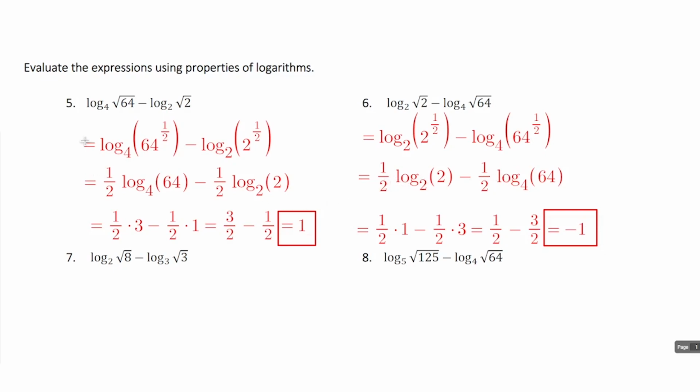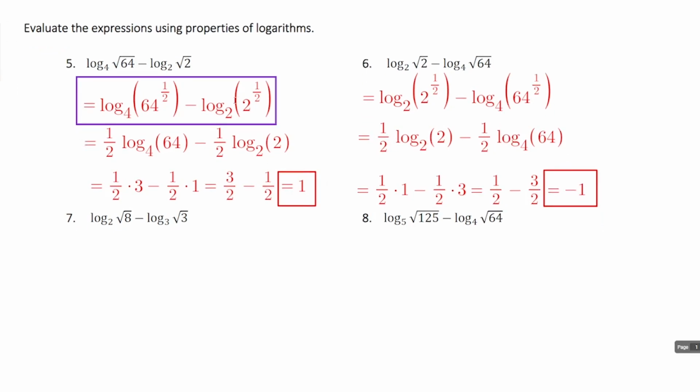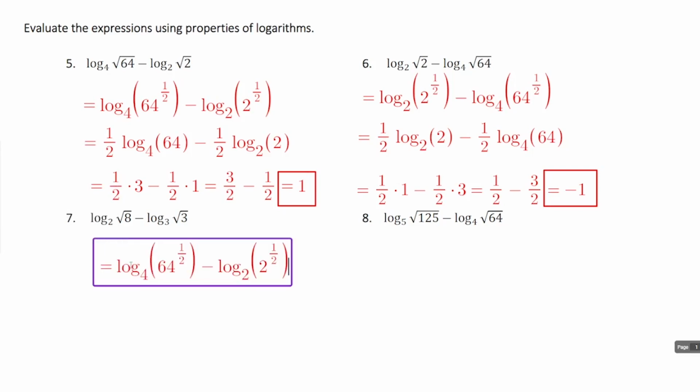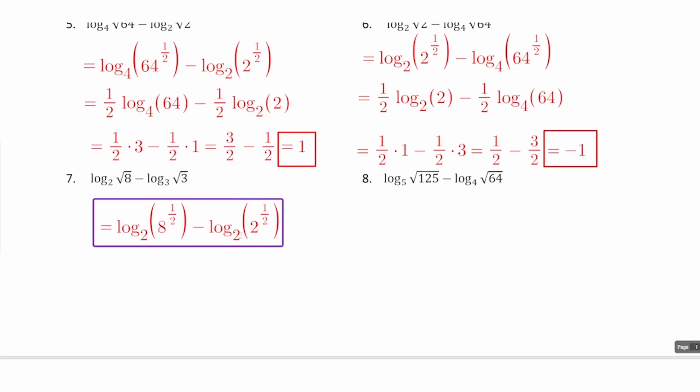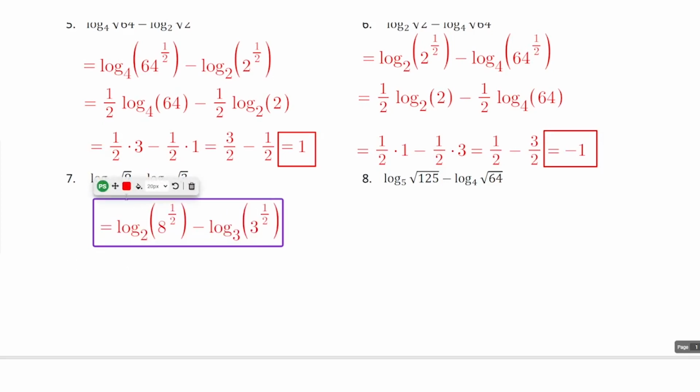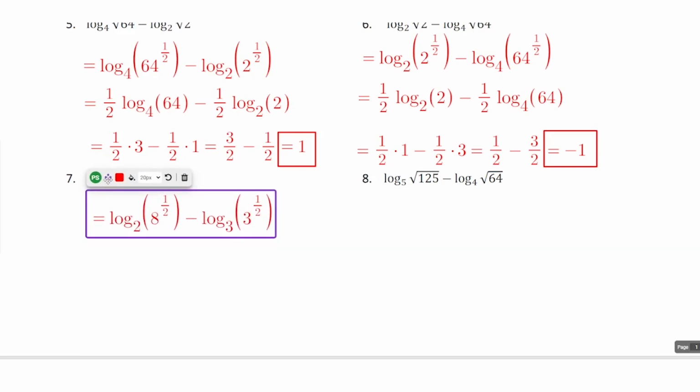Number 7. Another similar problem here, although at least we have some different numbers to work with, so that's kind of nice. We have log base 2 of the square root of 8, which would be 8 to the 1/2 power. And then we've got log base 3 of root 3. So this is another case where we have 3 to the 1/2 power. So we're going to use our power property here and rewrite this